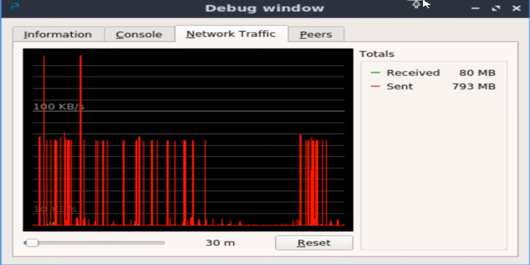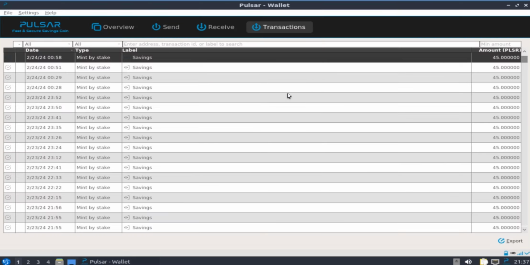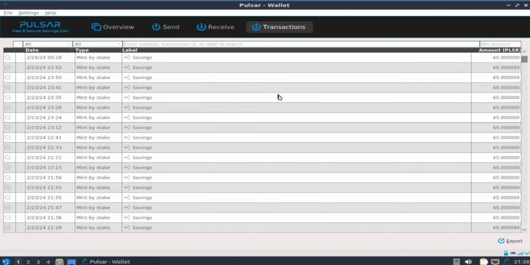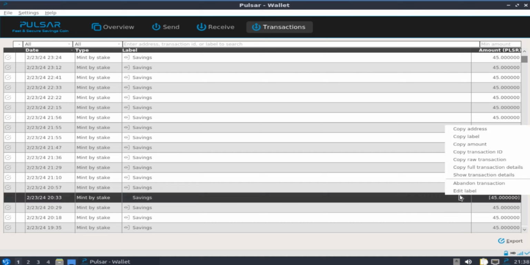So now I'll show you the whole abandoned transaction. Okay, so here we are in one of my installs, one of my wallets on its dedicated machine. I am going to show you what an abandoned or an orphan transaction looks like. As we scroll down, you are going to see that I have that circled question mark I was telling you about. You are going to see the Pulsar reward value. So we'll see it's generated but not accepted. When I hover over it, I will right click it, it'll highlight the line, and it says abandon transaction. So once I click that,